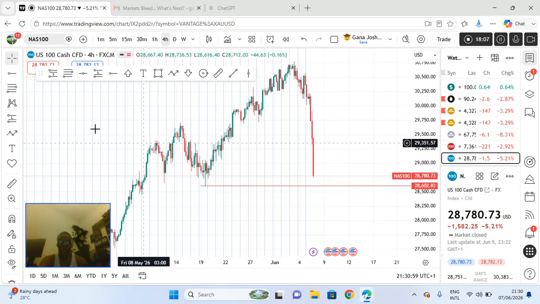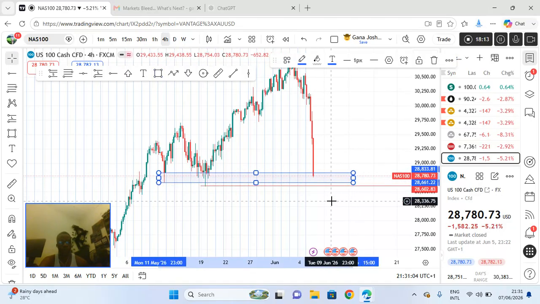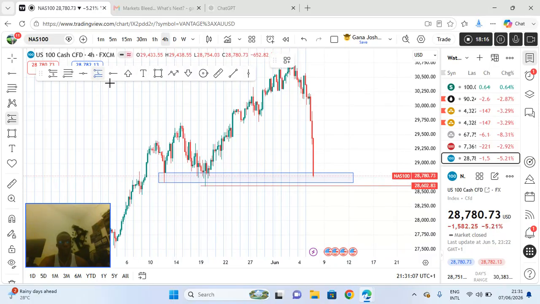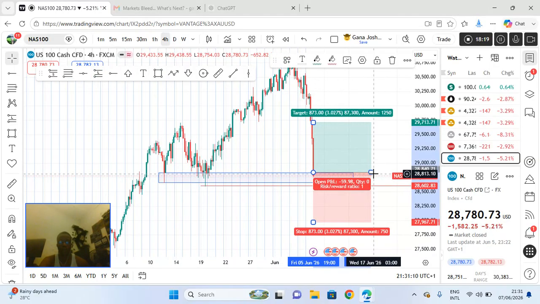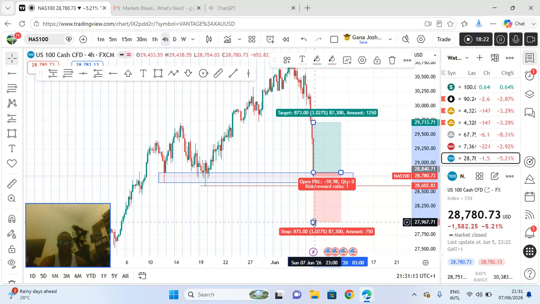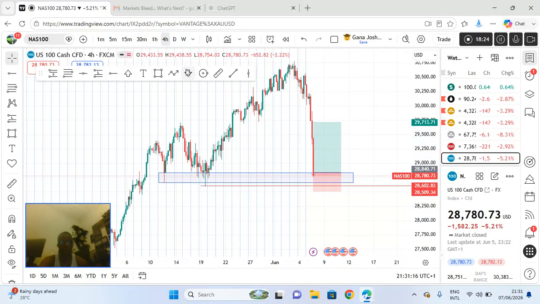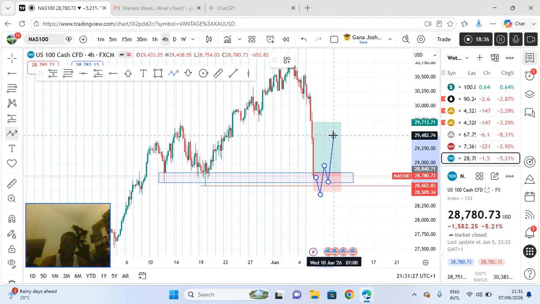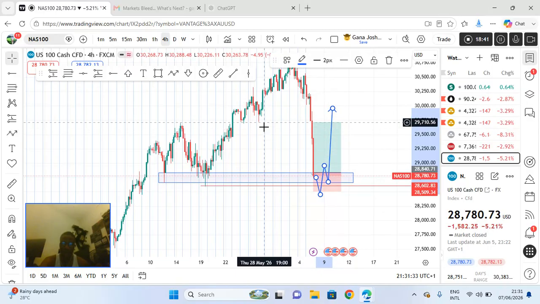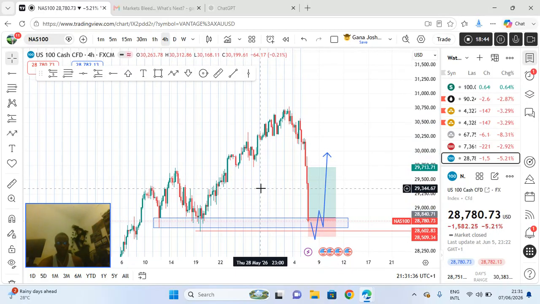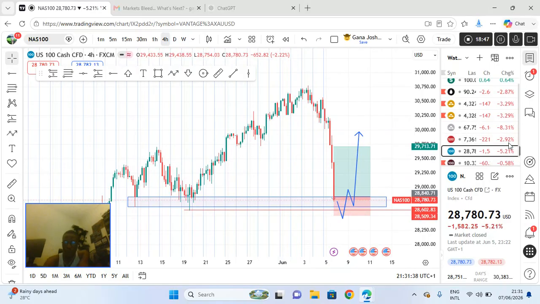This one too is in a buy zone at market open. But you wait for the market to open, show you its hand, let it take out these lows first. Don't rush to buy. Maybe it takes another high, then you wait for the retracement, then you buy to here, and leave some positions. You understand? So that's what I see on US.